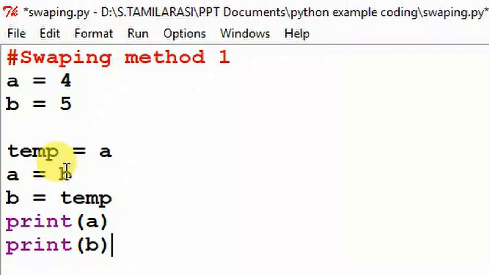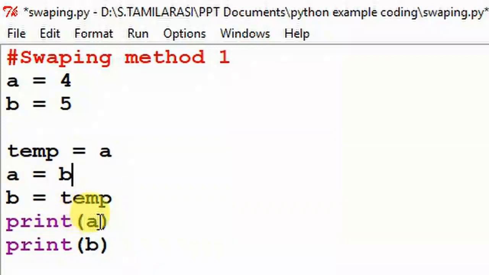So the 5 value is assigned to the left variable a. So in this place a is equal to 5.